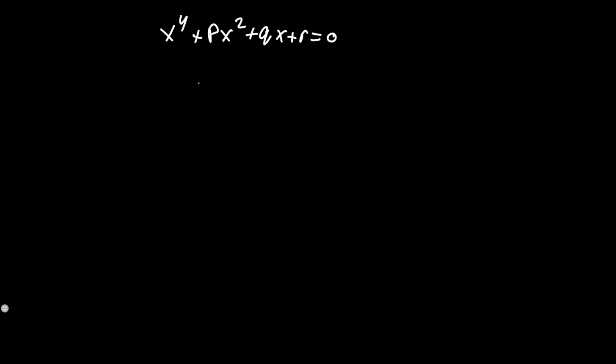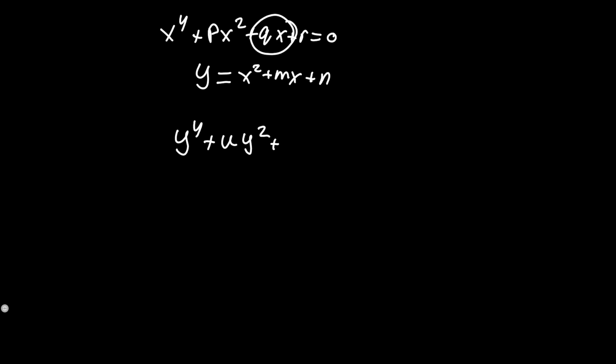Here we could also apply another quadratic transformation, y is equal to x squared plus mx plus n. And here, instead of eliminating the x squared term, we simply eliminate the qx term, so that we simply solve a quartic in terms of y to the 4 plus u y squared plus v, where u and v are values built off of p, q, and r,